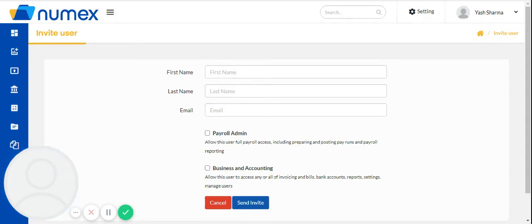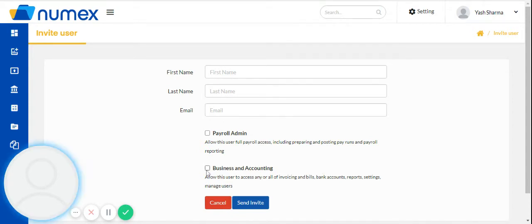in your business organization. You can provide them the role as a payroll admin, where you can allow him or her full payroll access, including preparing and posting pay runs and payroll reports.